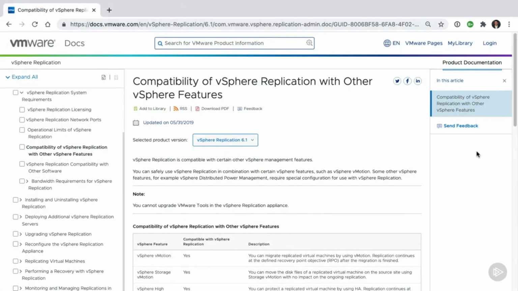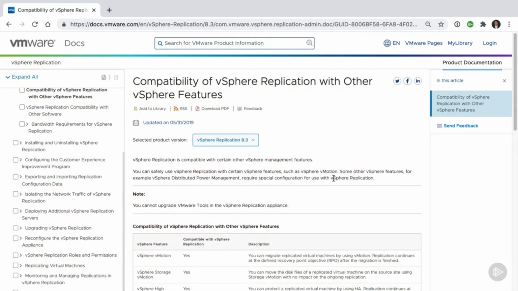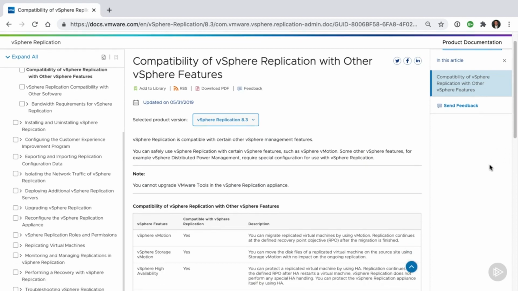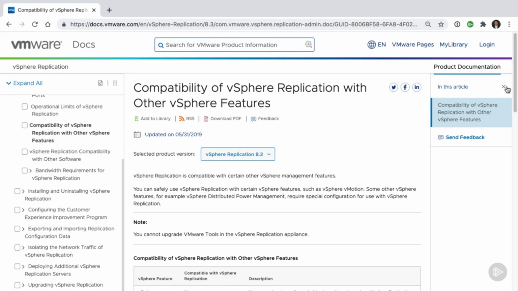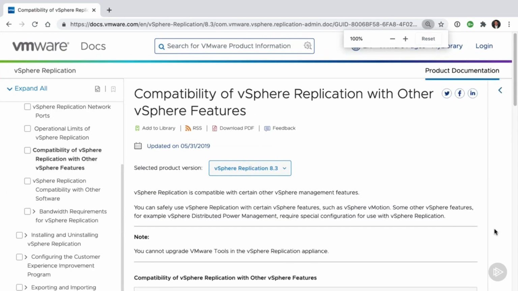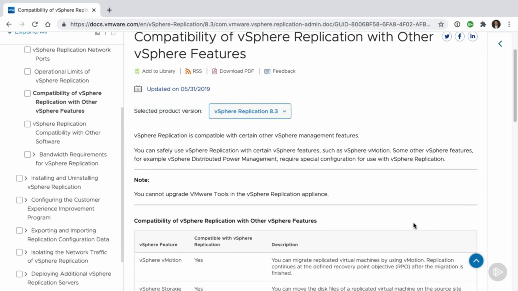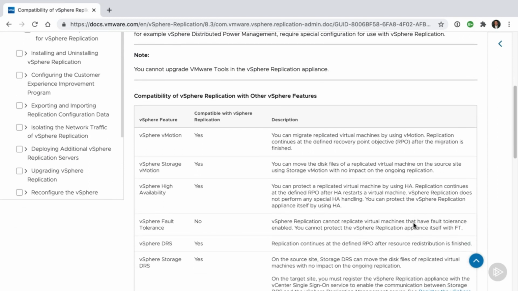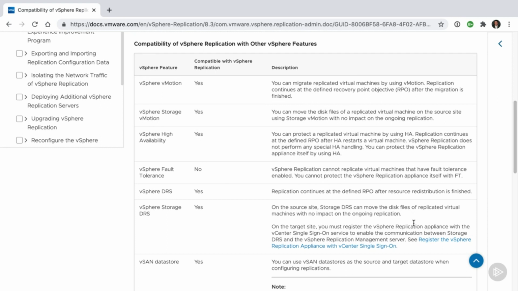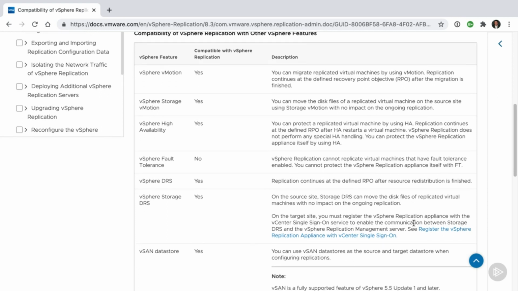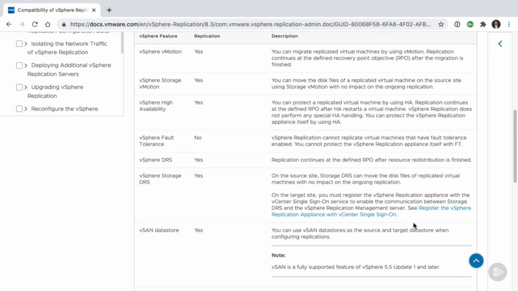For example, here in the VMware documentation, there is a list of specific VMware features and whether or not vSphere replication is compatible. For example, you can see that vSphere replication is compatible with vMotion, Storage vMotion, vSphere High Availability,